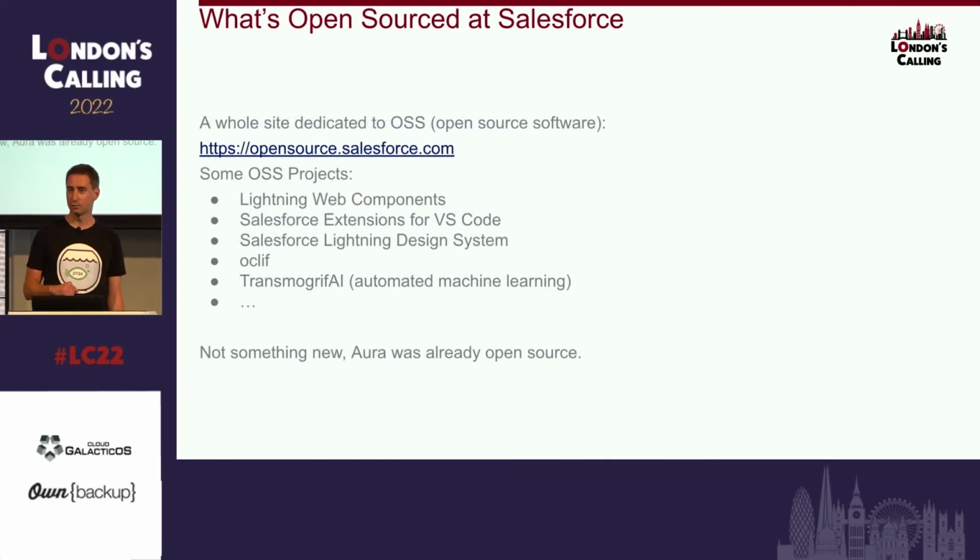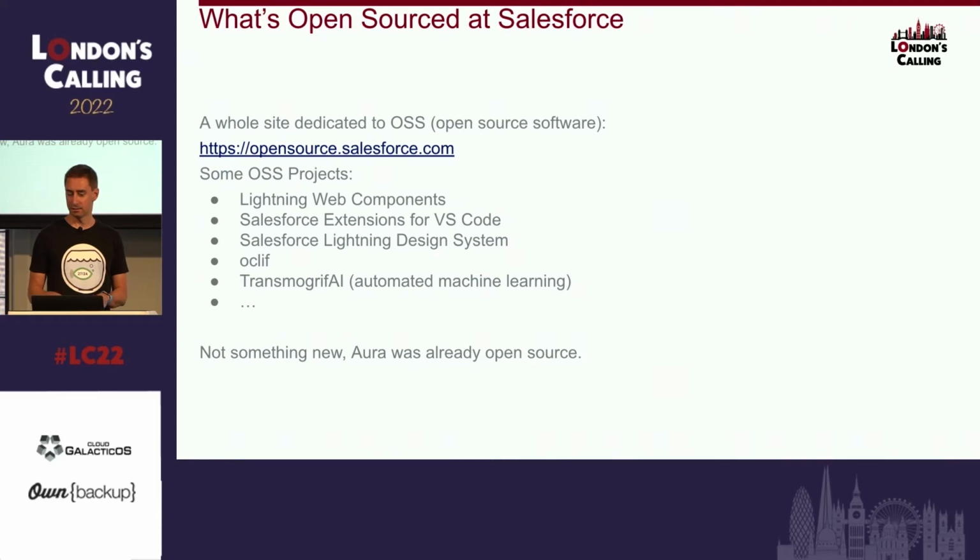So what is open source at Salesforce? Actually, there are lots of things. There is a whole site dedicated to open source projects at Salesforce. Obviously, there are Lightning Web Components. Even if you work with VS Code, all the extensions you are using to develop your own code are open source, so you can see how they build and even make pull requests, ask for stuff. Everything is on GitHub. There is SLDS, the Lightning Design System, and Oclif, which is a